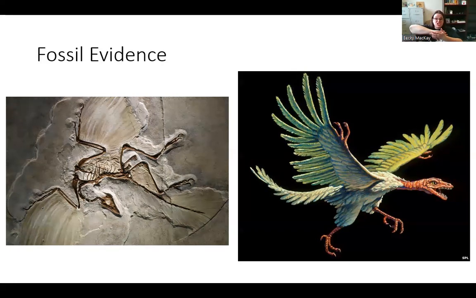Now, sometimes we get impressions, and that's how we know about plants, usually in tars or pits where things lay on and you can get the impression of it. So like an imprint that's left behind, but you don't have the actual plant there. This is Archaeopteryx, and this is one of the best fossils we have, but this is an impression. An Archaeopteryx probably got crushed by a boulder or something and it died and it got smushed. But we have the impressions of its wings, its feathers, and all of its bones. And this is one of the earliest feathery reptiles. Because remember, birds are reptiles.